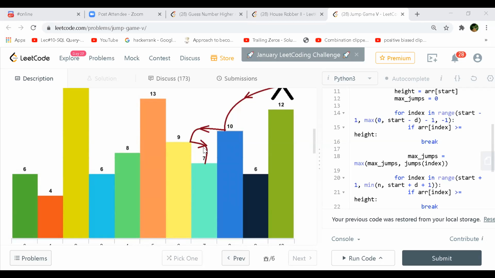Because I have to go to each and every index and try. I'll go to every index first because I don't know whether the 12 is the best one or the one which is height 13 is the best one. So I'll have to try each and everything. There is no way I can already have information of those jumps, right? So I'll have to explore them exhaustively and get those values. I'll have to explore all the possibilities.